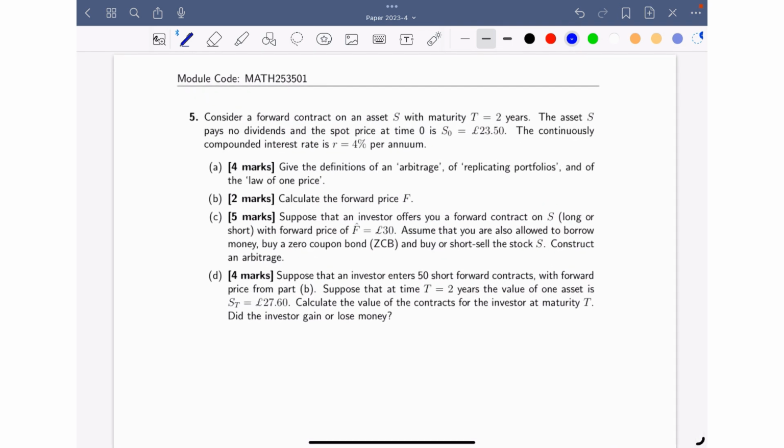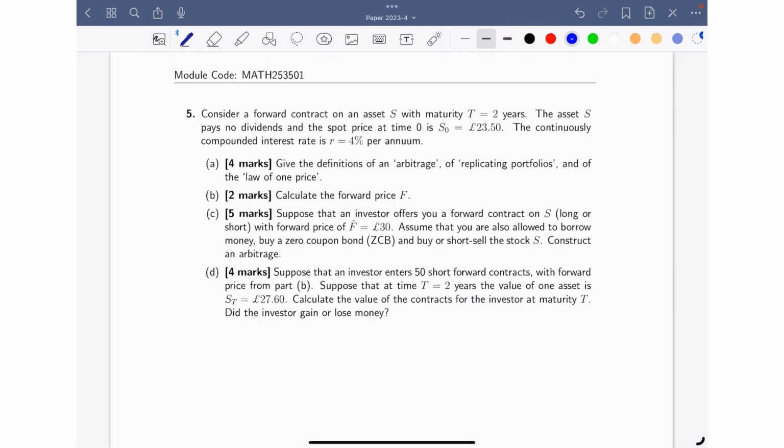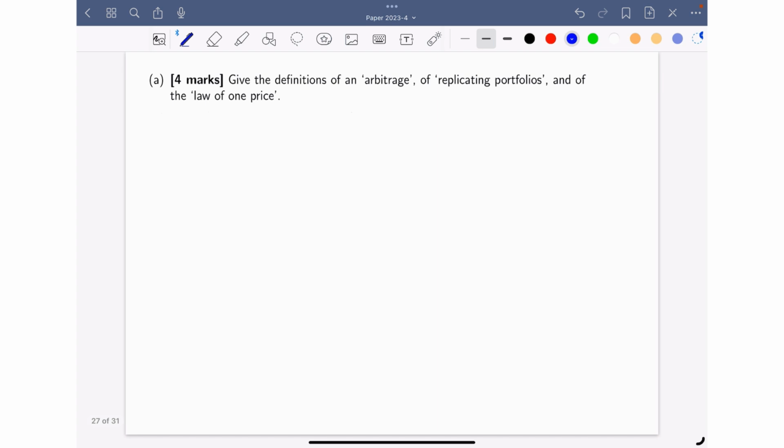Okay, jumping into question 5. This is based on forward contracts. I think, to be fair, this is one of the easier questions. So essentially, we've just got 3 definitions that I'm going to quickly go through. So arbitrage is the generation of wealth with no risk. So essentially,